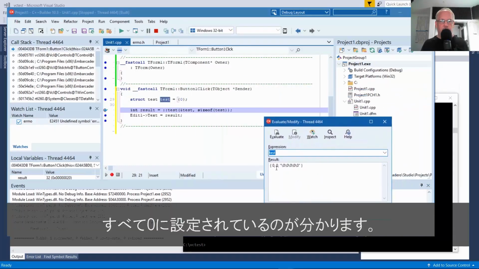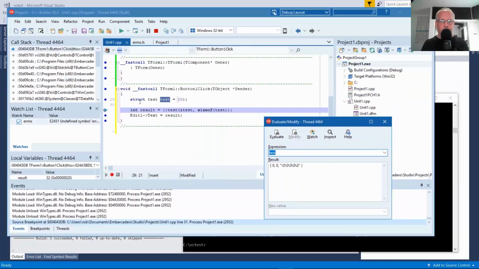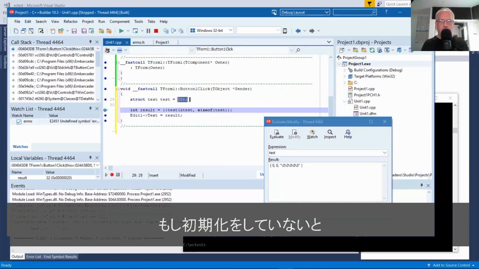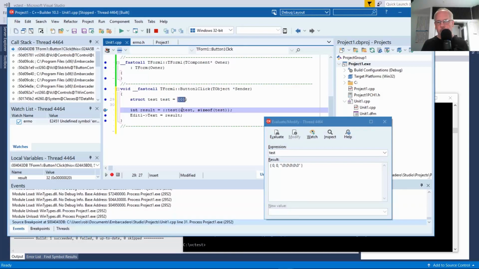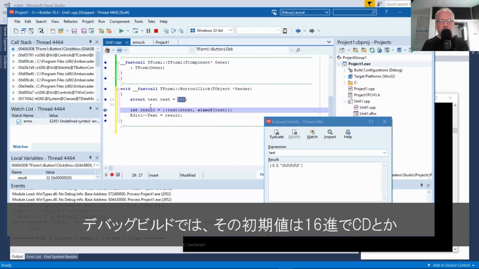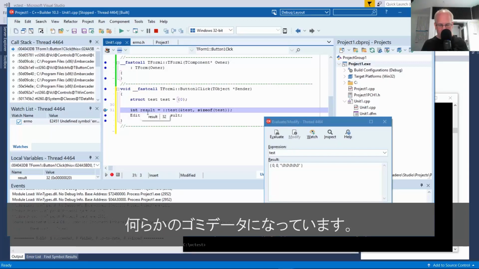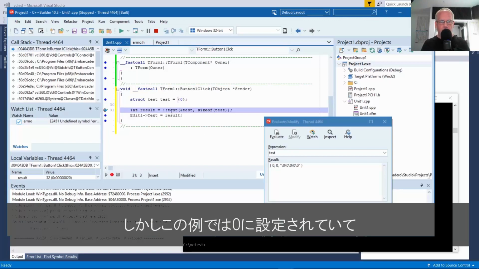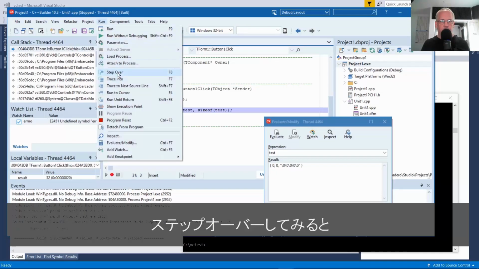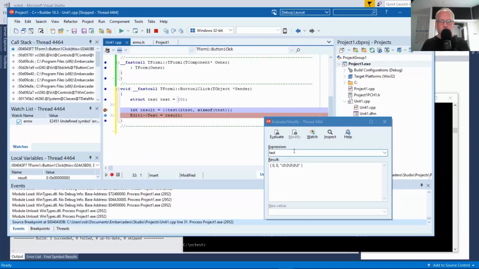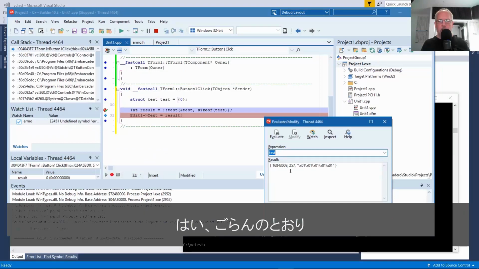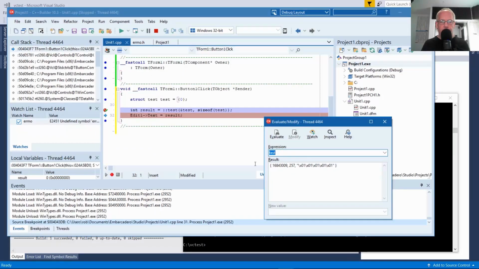here, you see it is successfully set to all zeros. If you didn't initialize it with this, of course you'd have uninitialized values, possibly like hex CD or some other garbage, some pattern if it's a debug build, but 0 is what we want for our test case here. And we call this function, it should set it all to 1. So I'm going to say step over. And then, oh, there we go. We see now all the fields were set to 1.